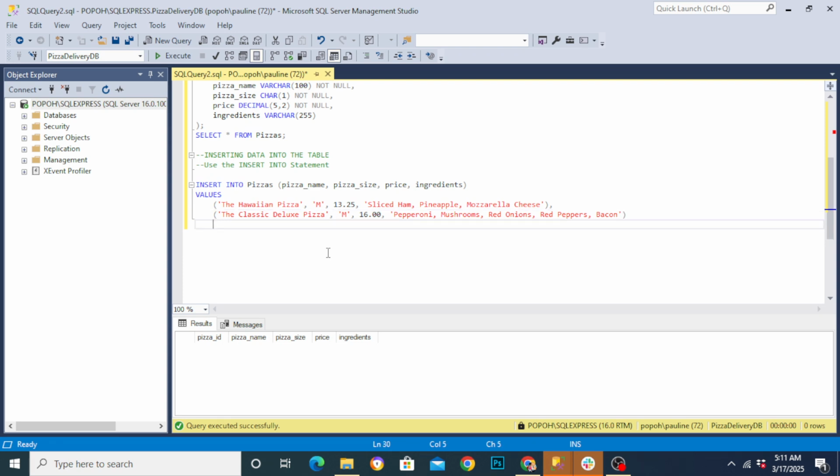So the next pizza that I want is the 5 cheese pizza. So its size should be large. I want a large pizza, so that will be that. Then price, I want it to be $18. Okay, $18.50. Okay, and then the ingredients should be mozzarella cheese,